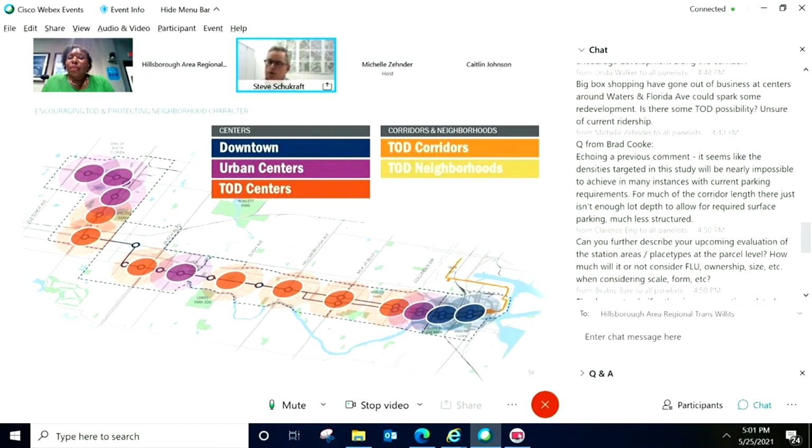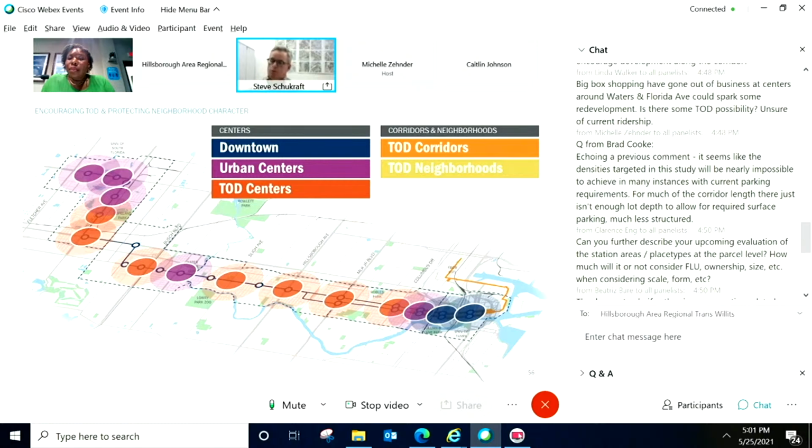So we're calibrating really closely to what's realistic based on the generally small footprint of development potential, especially in Tampa Heights, Seminole Heights, and up on North Nebraska. So our recommendations and the densities that we're talking about now are tested through a series of design studies. We're also looking at the financial implications of those.